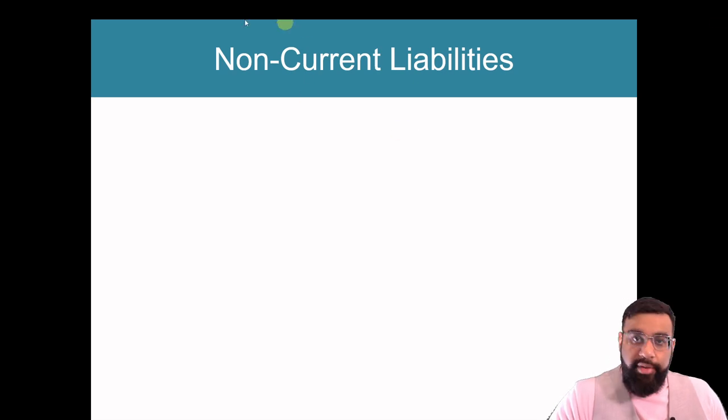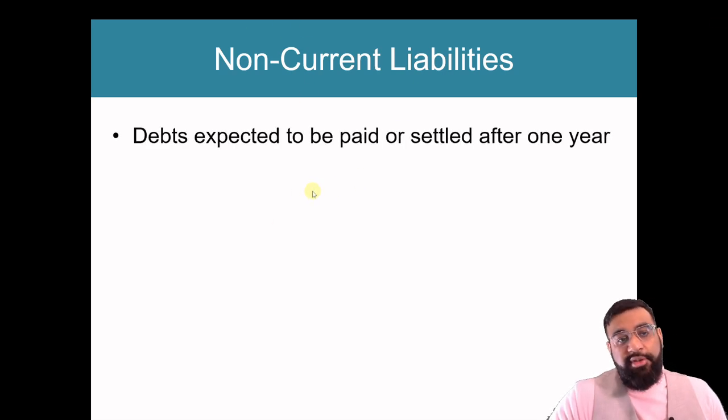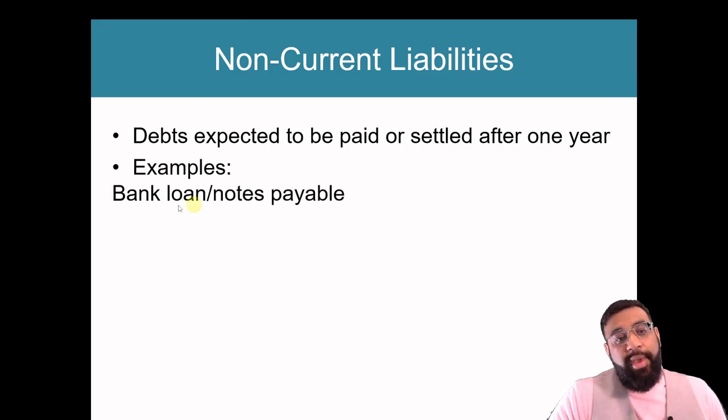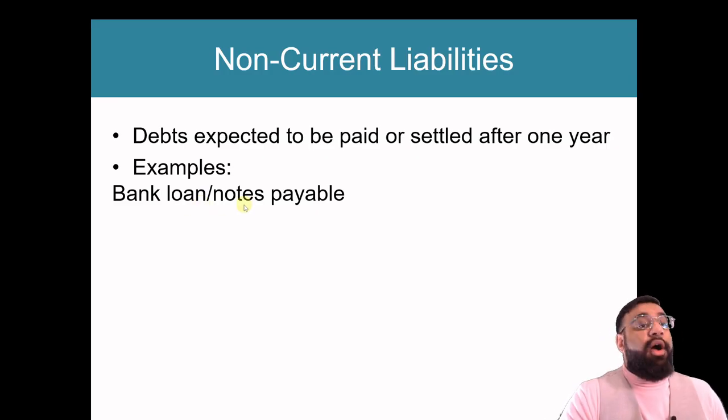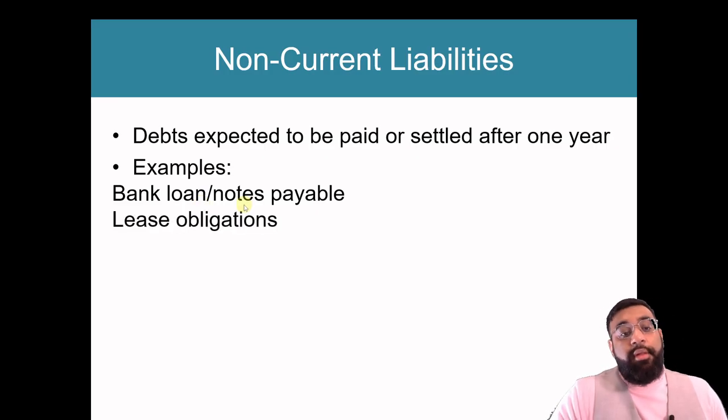Now we have non-current liabilities. These are things such as debts expected to be paid or settled after 1 year. Examples include bank loans or notes payable that are longer than 1 year. Lease obligations. So instead of us fully buying a building or a piece of equipment, we could lease it